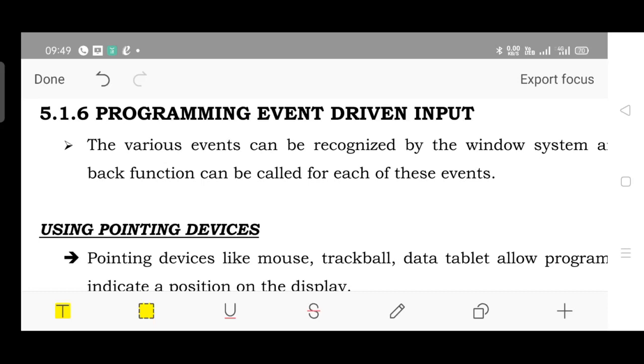Anyhow, you have to have that interface through programming between the IO devices and the compiler or OpenGL library. That connection, that linking, is what we talk about in this session. The session will be on programming event driven input, which I will cover in the next video.